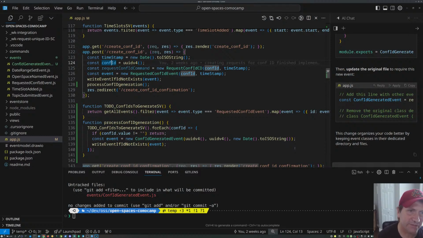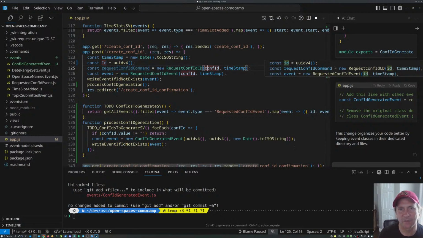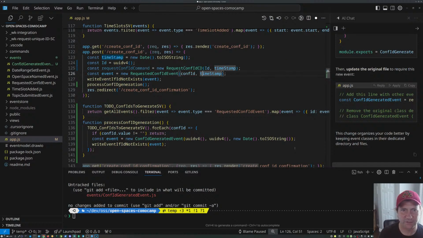Yeah, I think I left this in the middle of editing. I didn't actually finish that. I thought I did, but I don't think I did. So this is just an ID, because that just creates that. This command